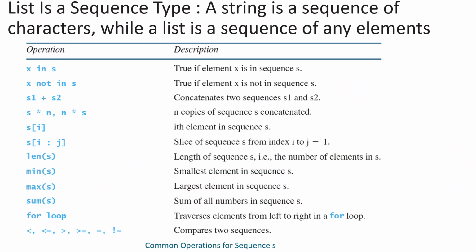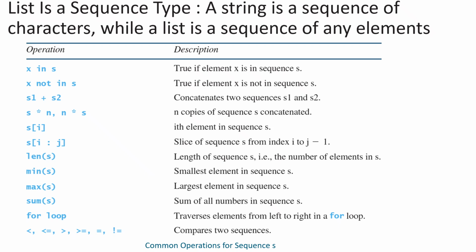A list is a sequence type. A string is a sequence of characters, while a list is a sequence of any elements. So we can perform a lot of operations using a list. x in s is true if element x is in sequence s. x not in s is true if the element x is not in the sequence s. s1 + s2 concatenates two sequences s1 and s2. s * n or n * s